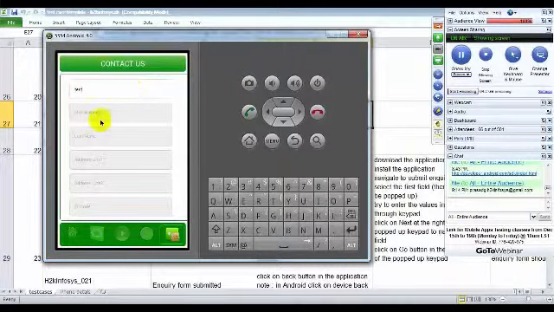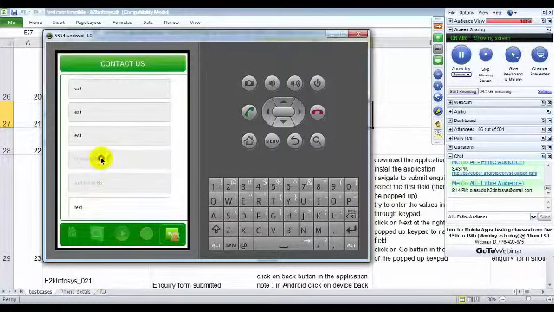Okay, now here, you can enter your username, you can enter your password, and you can try to test your application. And then I am entering my telephone number. Oh, this is a defect.